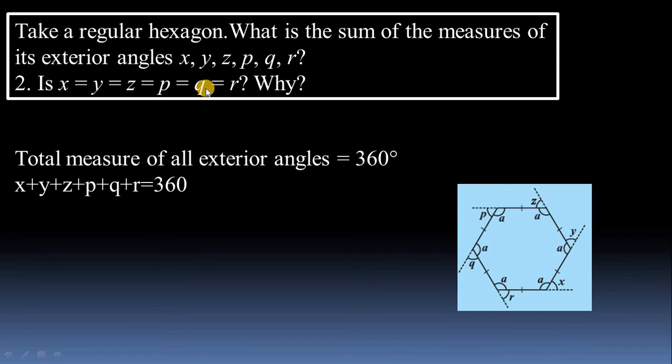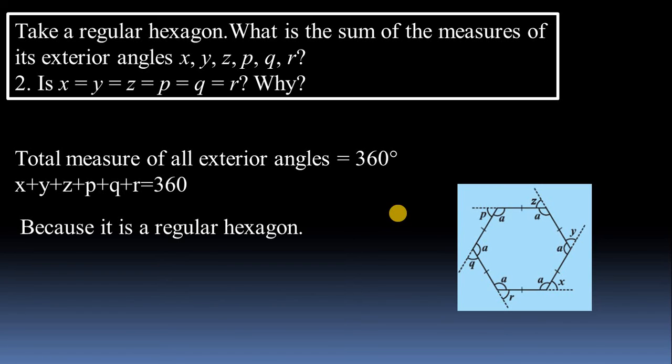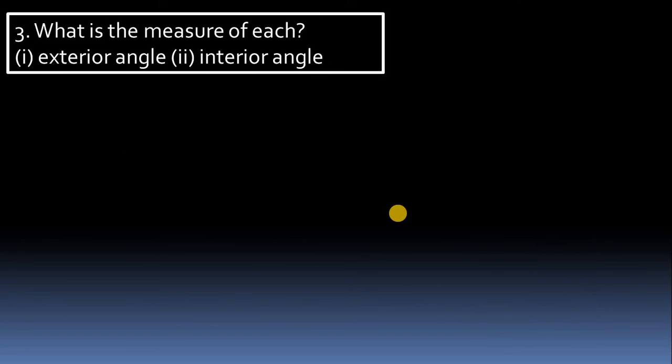Yes, definitely the same, because right now I told you if the internal angle is A, what about the external angle? It is 180 minus A. So it is the same for everyone. Why is it the same? Because the internal angle is the same, so ultimately the external angle will be the same. So here, as this is a regular hexagon, their internal and external angles will be the same, because it is a regular hexagon.